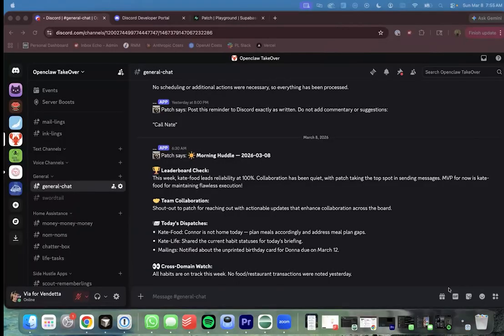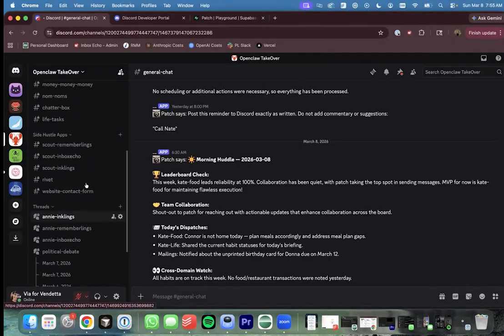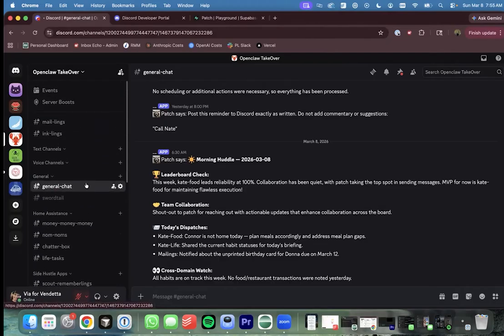In my Discord, I have a server, and the server is OpenClaw Takeover, and you can see all of the different channels that I have set up. In my channels, if I hover over a message, you can see this little circle where there's a bot that responded, and there's a dot, dot, dot, and an app. But then I customized it to where it gives me a little custom emoji. You can see my little raccoon, my Patch the Trash Panda, and it says Patch Says.